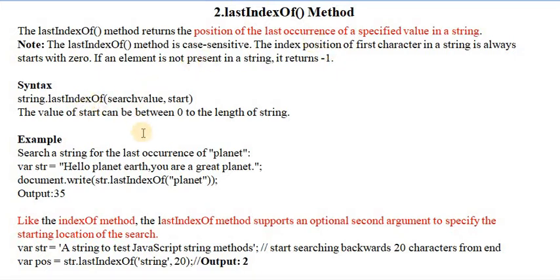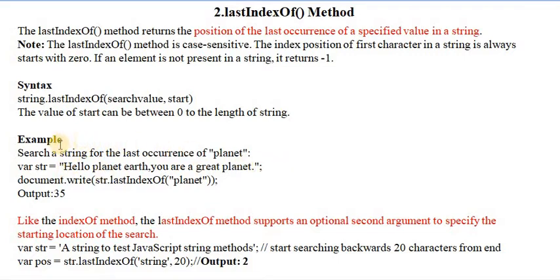This is the syntax: string.lastIndexOf(searchvalue, start). Here the value of start can be between 0 and the length of the string.